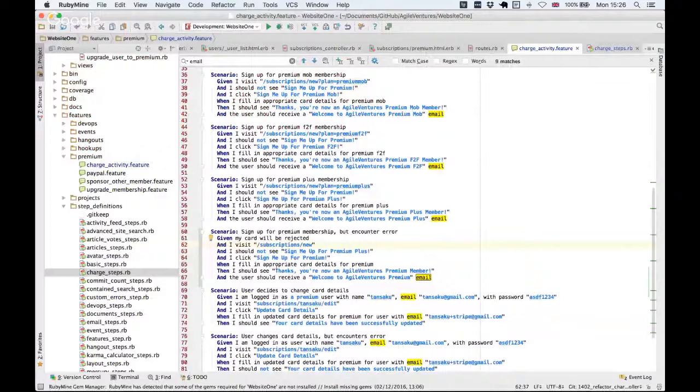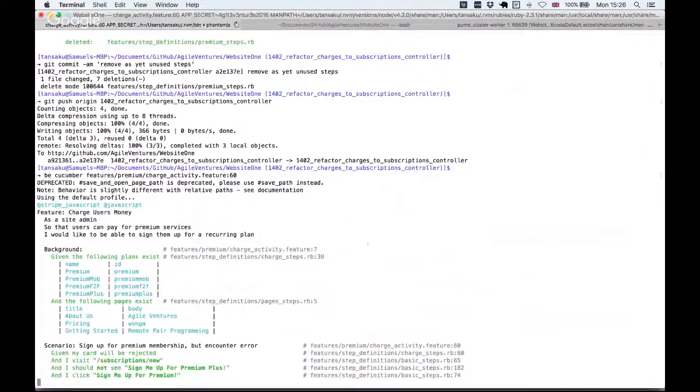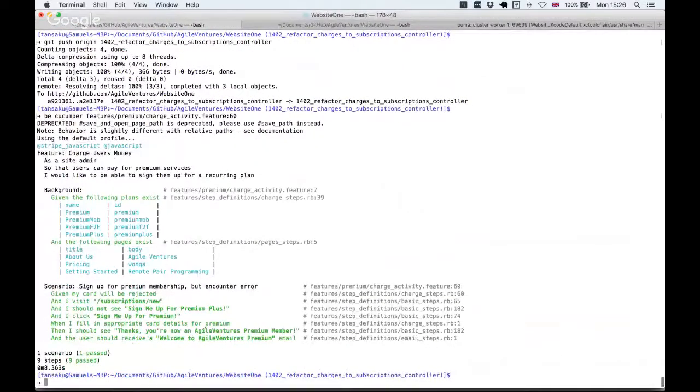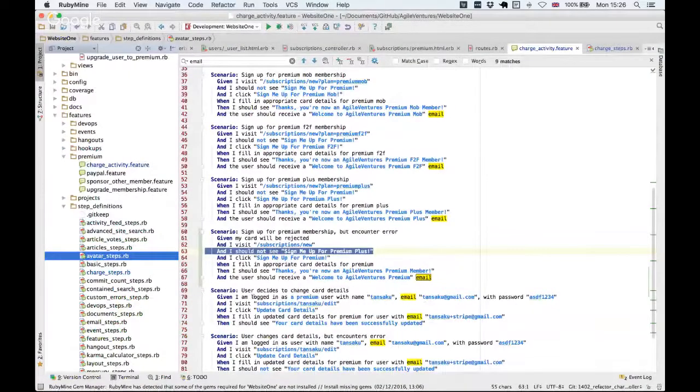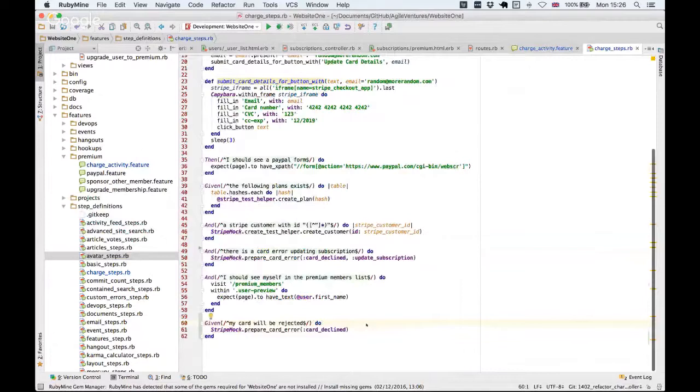Given my card will be rejected and I visit which is new, and I mean, that's kind of irrelevant. We'll cancel. So I'm hoping to see this failure. Interesting. I've remembered it, but encounter error. Given my card will be rejected. Okay, do I have to explicitly say? Oh,